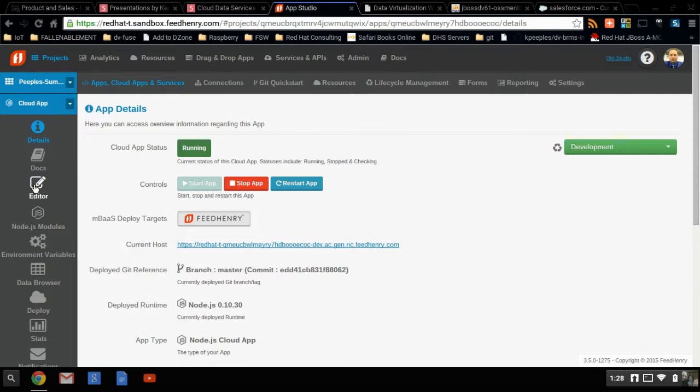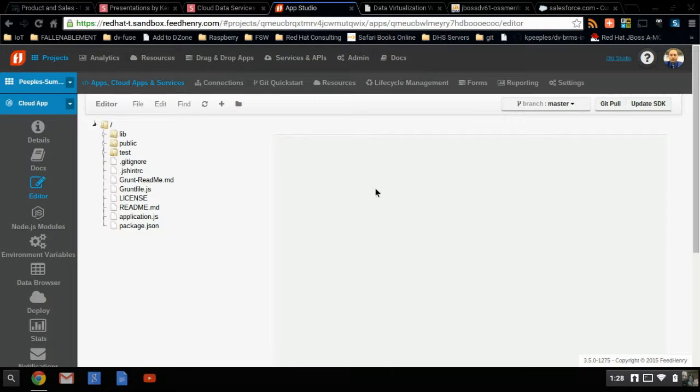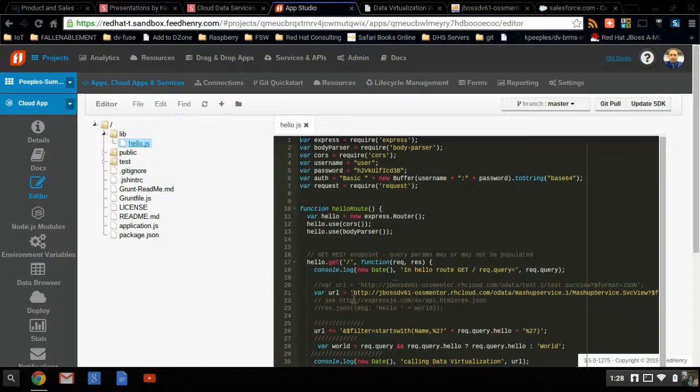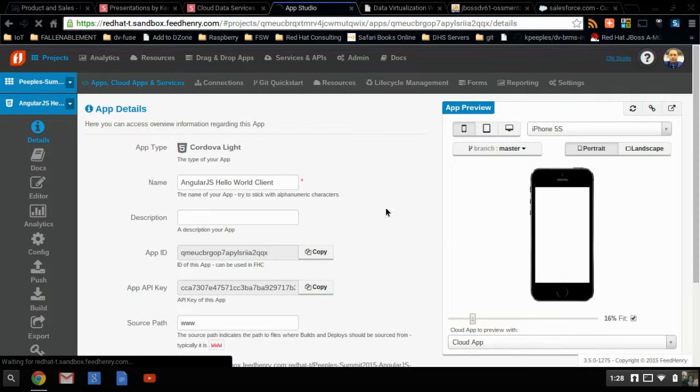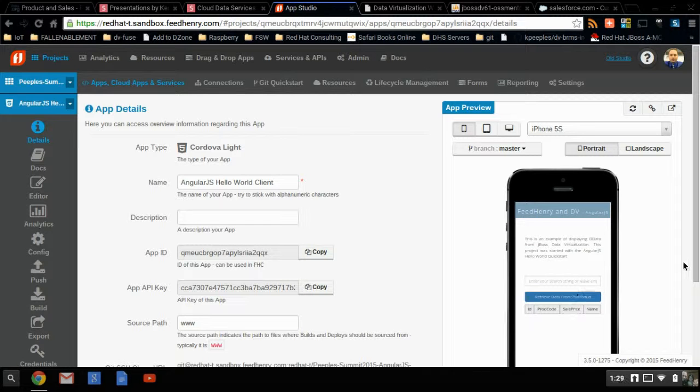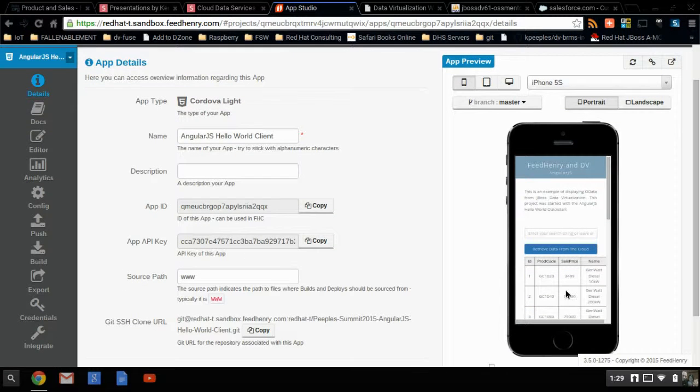I can create an MBaaS service, and then that would mean there would be no adding of this code I'm about to show you. But I added the URL here with a filter to get the data through the OData service. And then within the cloud, the mobile client, all I have to do is select a device, and I can preview the data. And so this is hitting data virtualization on OpenShift, getting the data from MySQL and Salesforce, and it's displaying it within the mobile app. Quick, easy, all of it